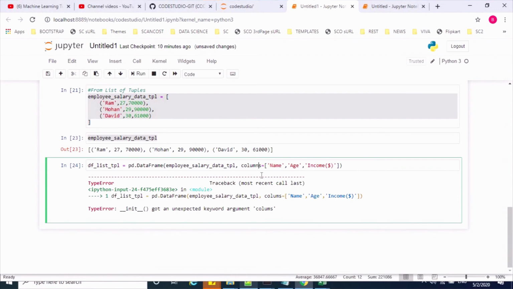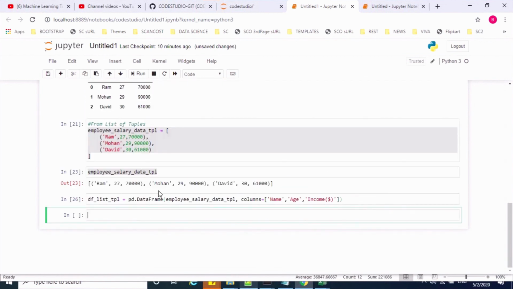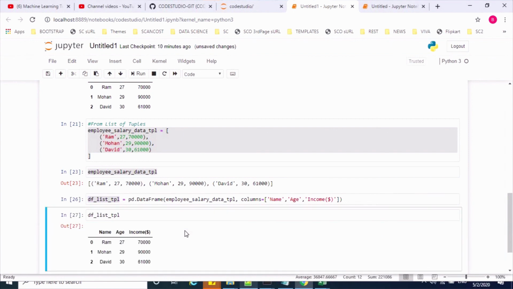Columns. So it got created. Now let us see whether this object got created or not. Yes, it got created.